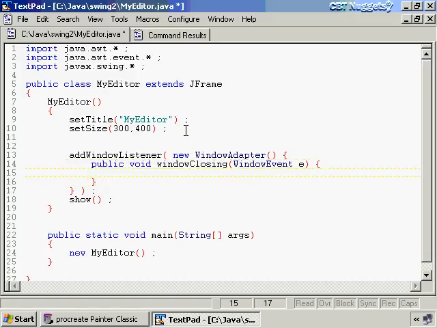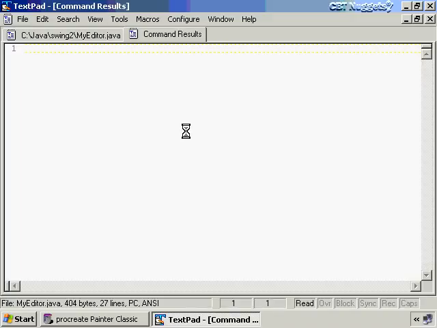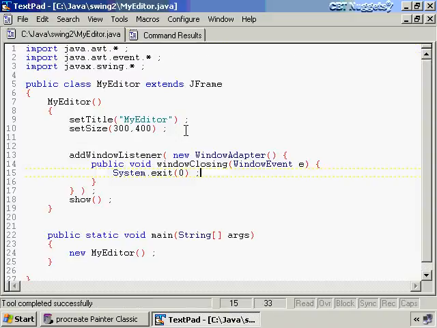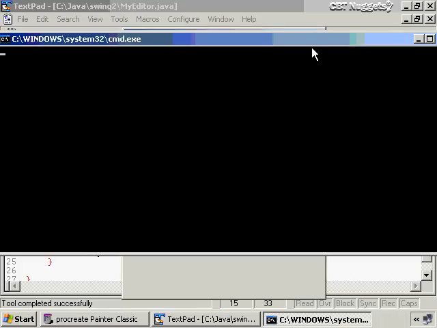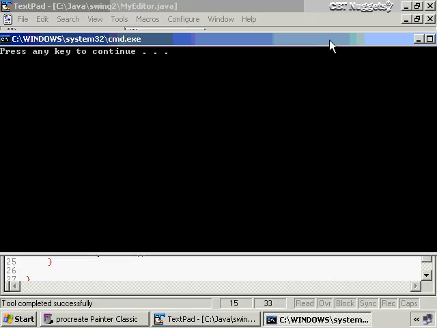I know this syntax definitely takes a little while to get used to. Then I'll do a System.exit and I'll pass into it 0. All right, let me compile that and press Control-2 to run it. Now when I click the X, let's see what happens. When I click the X, the black window tells me it says "press any key to continue," which means